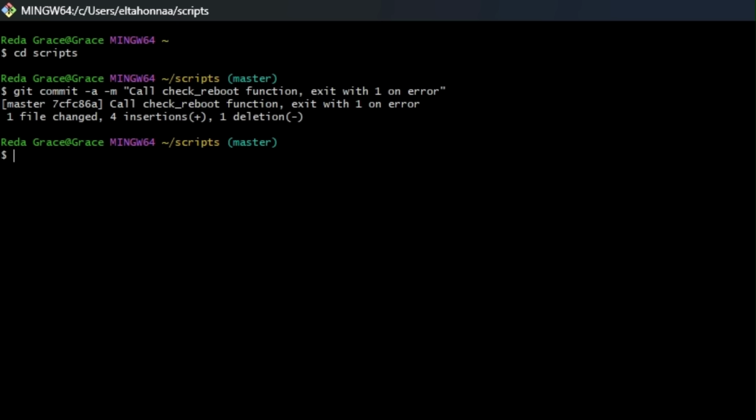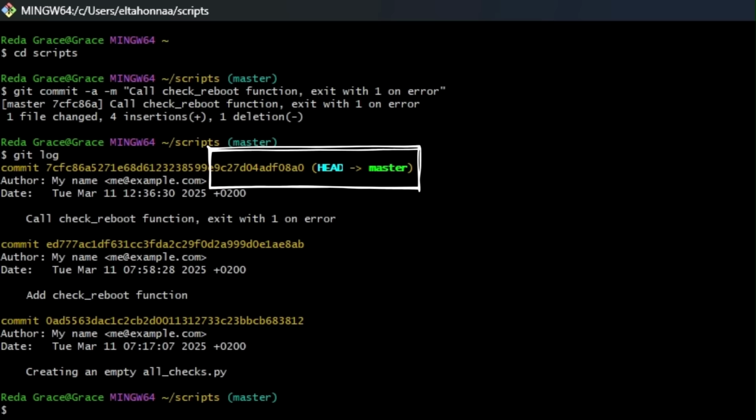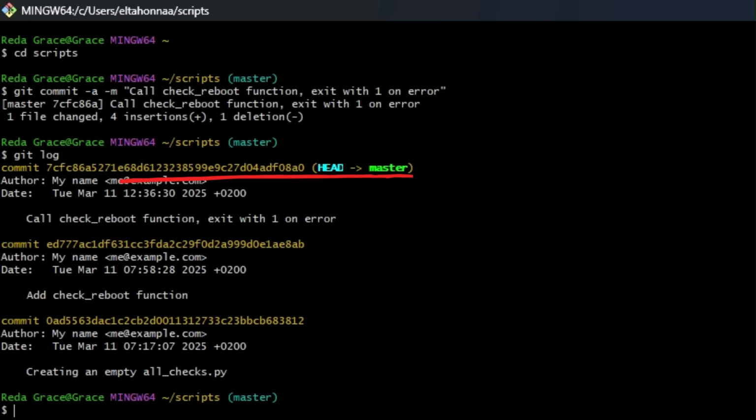Heads up, when you use the -a shortcut, you skip the staging area, meaning you can't add any other changes before creating the commit. The commit will show up in the log along with the message, just as usual. Let's check that out with the git log command. See how our latest commit was added to the top of the list of commits, and notice how the head indicator has now moved to the latest commit.